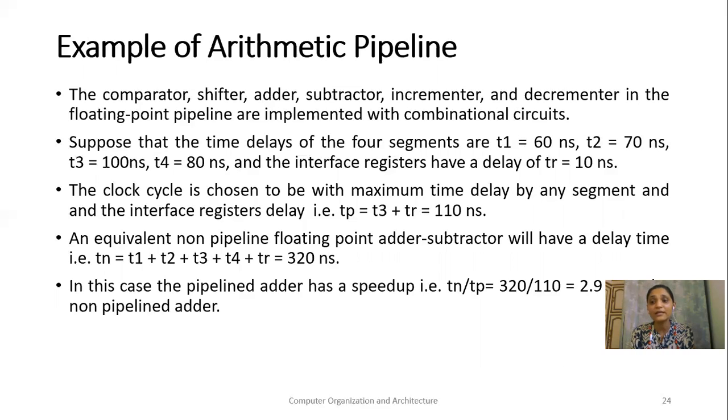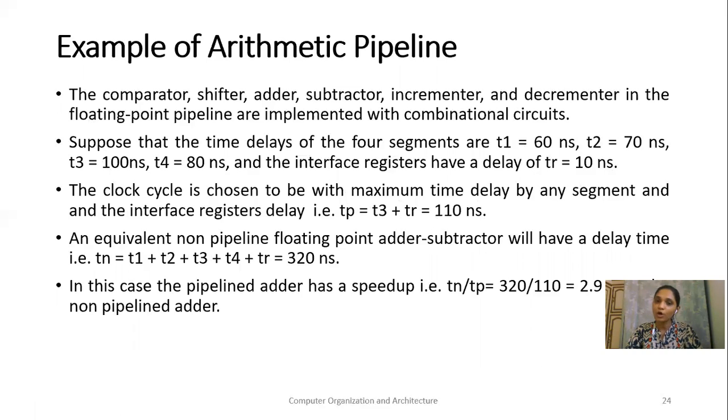Okay, so how can we design the clock period, how can we apply the clock period to all four stages, because all the stages require different times? Some require 60 nanoseconds, some require 70 nanoseconds, some require 100 nanoseconds. So that will depend upon the maximum delay. Okay, so the maximum delay here is of the third segment, that is 100 nanoseconds, and the time required to store that result into the register is 10 nanoseconds. So minimum we require a clock period of 100 nanoseconds plus 10 nanoseconds, that is 110 nanoseconds, required for each and every stage.